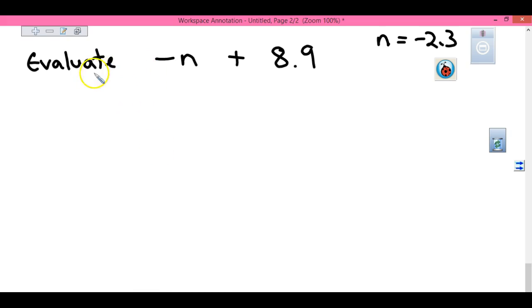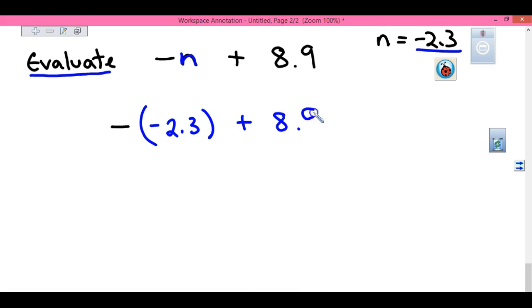If we have to evaluate negative n plus 8.9, where n is equal to negative 2.3. When we're evaluating, what do we have to do? We have to plug in or substitute for the variable. So we're substituting for n. So we've got this negative. Then we're substituting for n, and it's negative 2.3